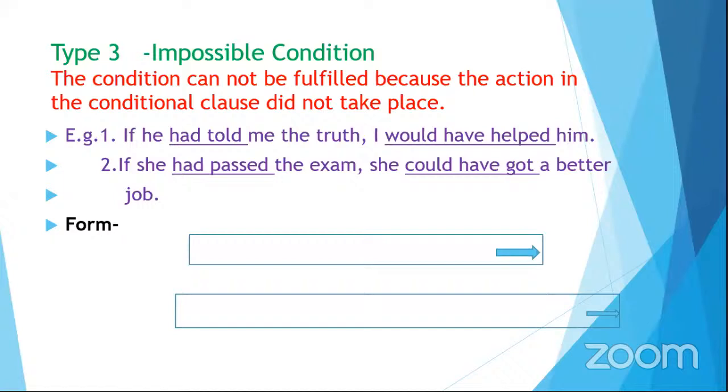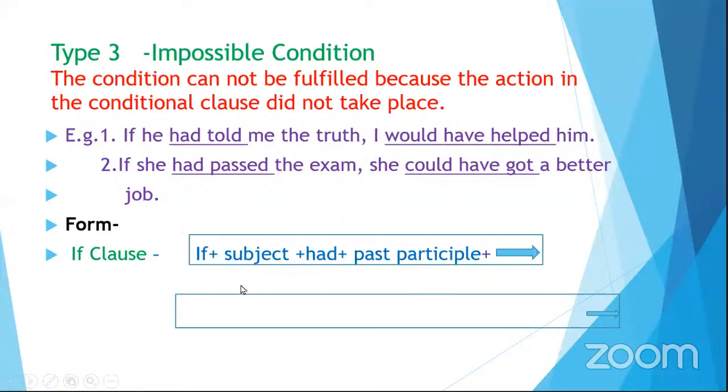Well, dear students, we look at the answers. Form. Look at the form. Look at the components of the if clause. If plus subject. Look at the above examples, then that will give you a clear picture too. If, then a subject, he, and then had plus past participle. Past participle is the third form of a verb. We usually call it past participle, the third category. So when you combine these two things, had and past participle, you call it the past perfect tense.